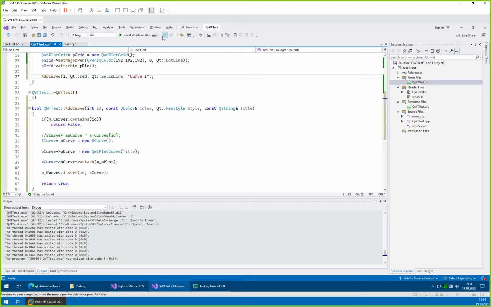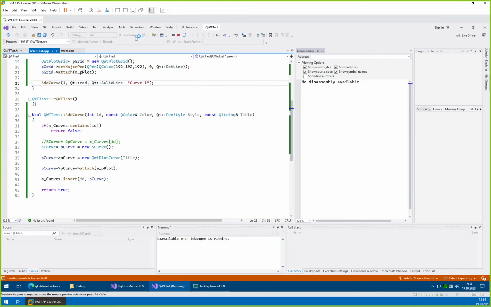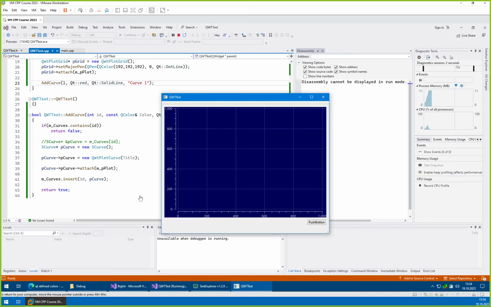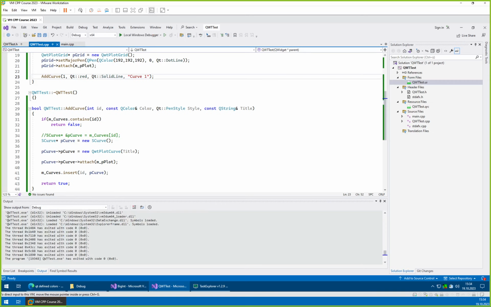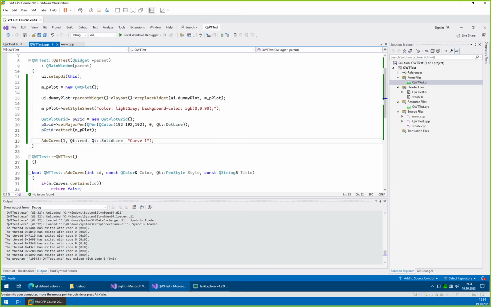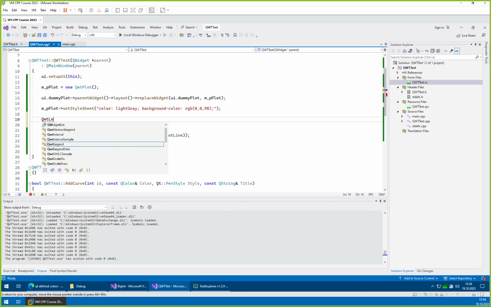So at this point, of course, it will not do much, since we don't have any data, so it has nothing to show. But we just quickly run it, and as the next step, we could actually add the legend, since when it's attached, then it should automatically be able to properly show at least the legend for whatever it already knows there is. So we add the legend here, QwtLegend, then